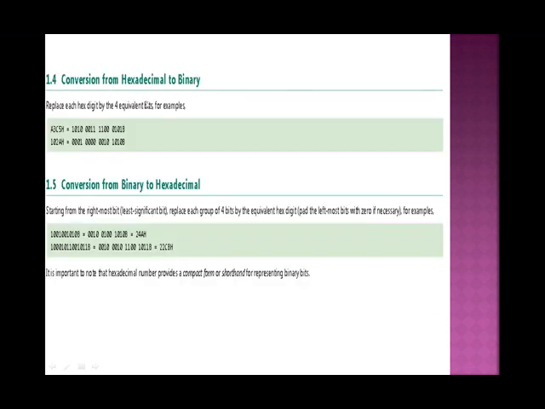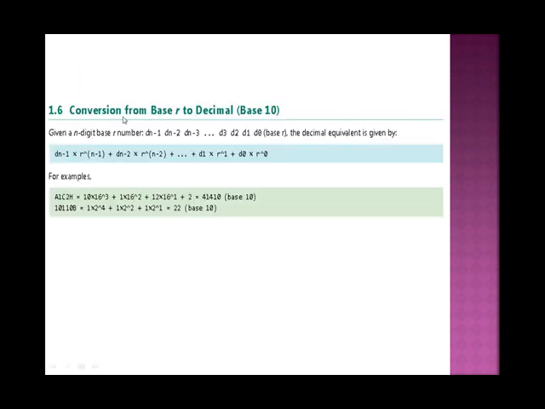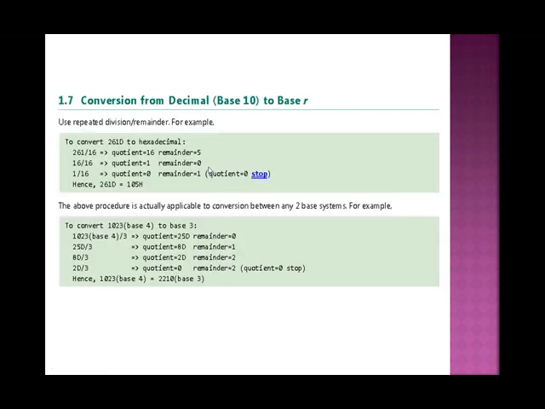Next, we also studied the conversion from one number system to another number system. That is conversion from hexadecimal to binary, binary to hexadecimal. There are multiple techniques. Then we also talked about converting any base, which may be octal, binary or hexadecimal, to decimal, that is base 10. So this is a common method for converting any base to the decimal number system. Then this is from decimal to any type of base, that may be binary, octal or hexadecimal.